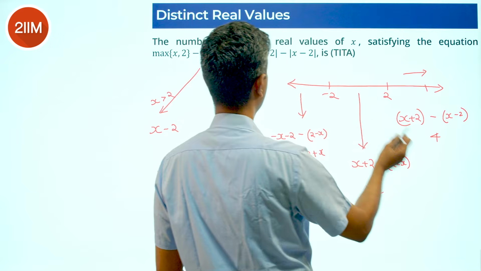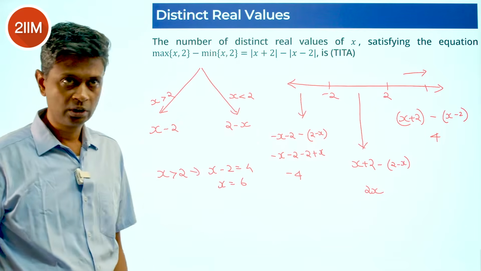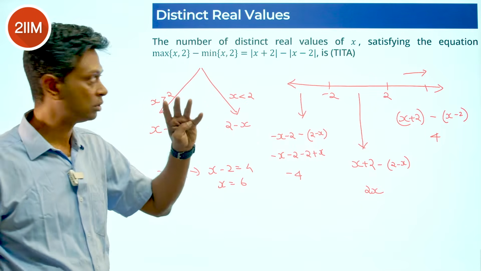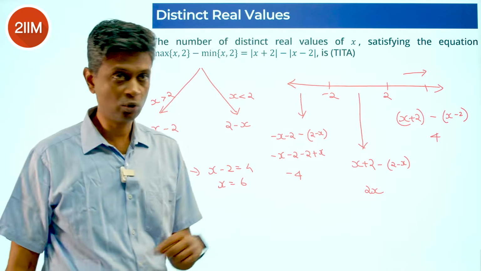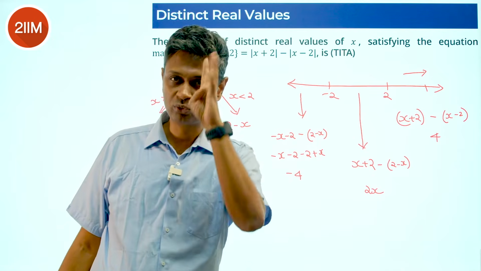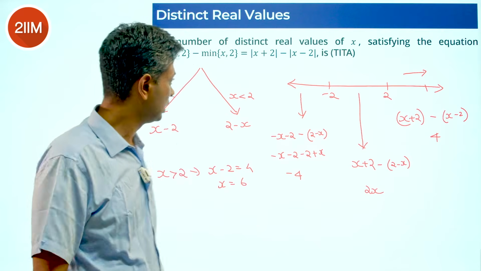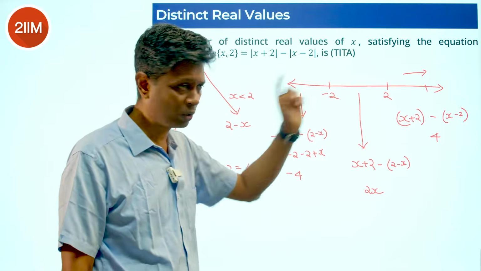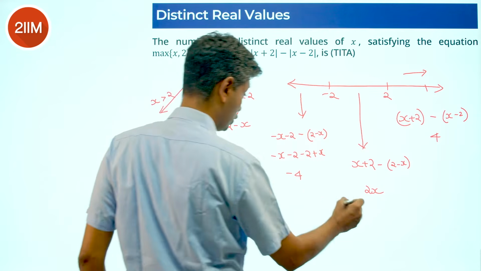6 will satisfy this equation. 6 minus 2 is 4. Modulus of x plus 2 is 8, modulus of x minus 2 is 4, 8 minus 4 is 4, both sides are equal. When x is in between minus 2 and plus 2, in this range, we are going to say